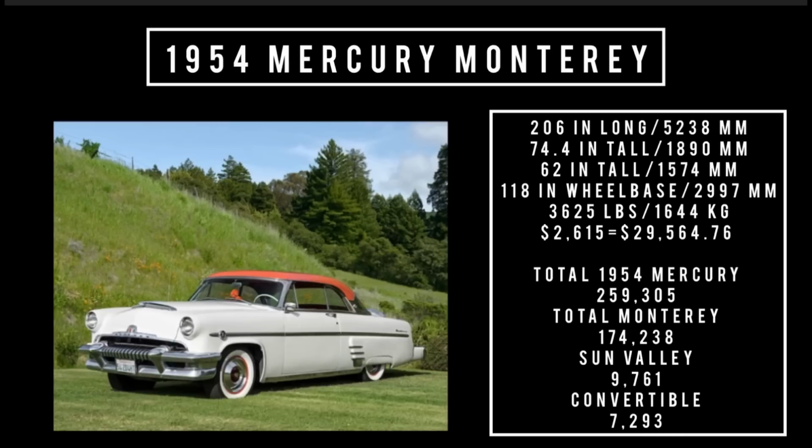Total 1954 Mercury production was 259,305 units. Total Monterey was 174,238 units. Total Sun Valley hardtop, 9,761 units. That is a car that a lot of people say is a very rare car, but they made fewer convertibles in 1954 than they did Sun Valley hardtops. Convertibles,